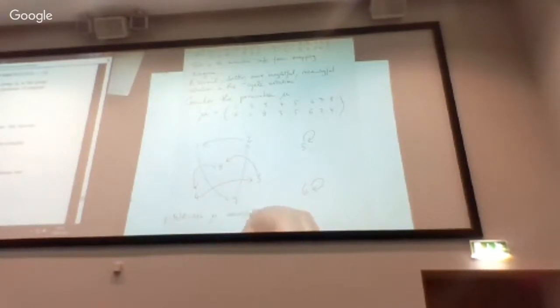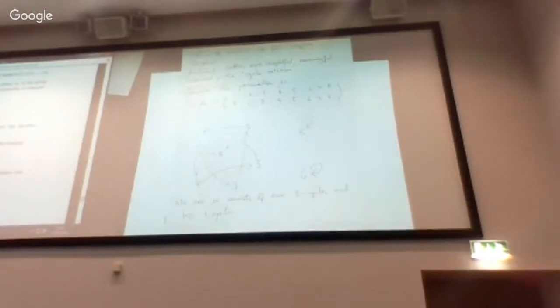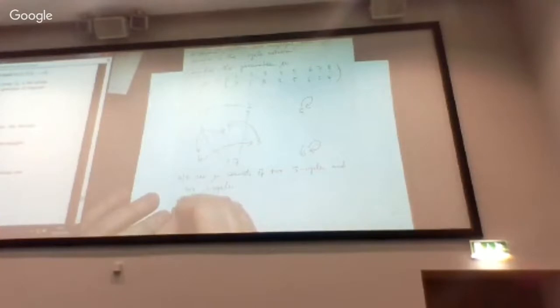So we see that mu consists of 2 3-cycles and 2 1-cycles, trivial cycles. So that's a much more interesting way to look at the permutation, and we've got a cycle notation that reflects that. Okay. So the 3-cycles can be written,